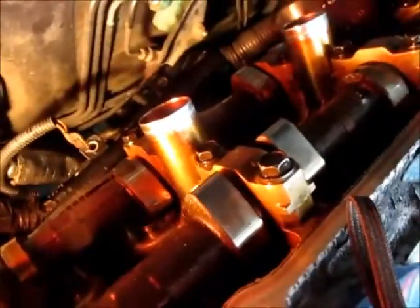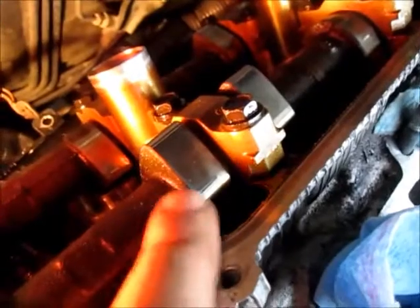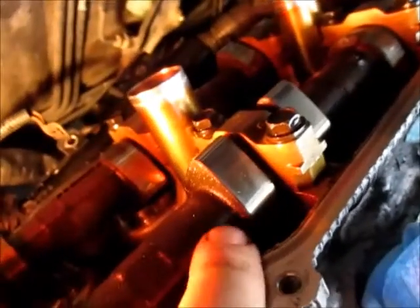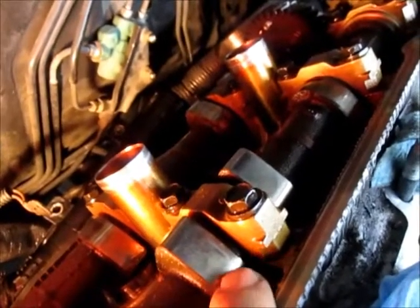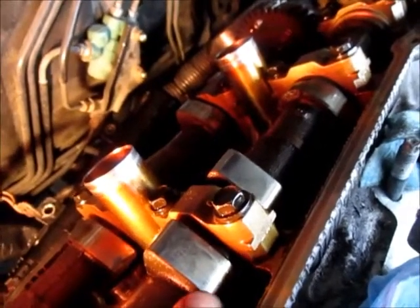So the way you adjust this, and I think we showed you how to do this before, is the first thing you need to do is make sure that the cam is on the base circle, where it rubs against the lifter. The base circle is this lower part. This is the ramp, and this is the heel or the toe of the cam. You don't want it in either one of those. You want it on the base circle. If you have the points pointing up, then you're okay. Okay, so then you get your